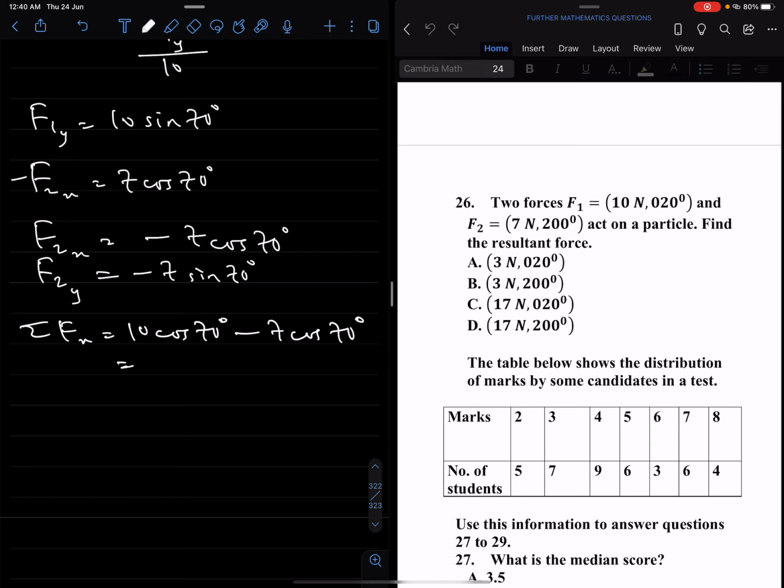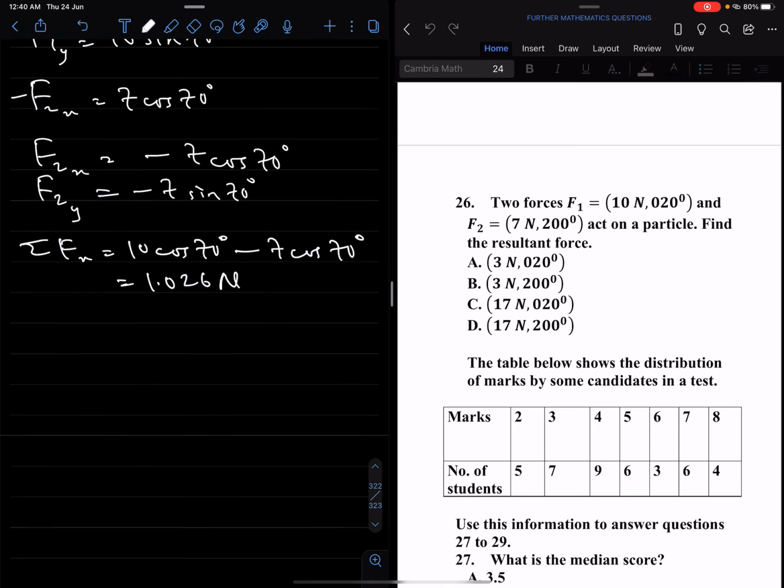So we are adding the horizontal component of force F1 to the horizontal component of the force F2. That's 10 cos 70 minus 7 cos 70, and that's the same as